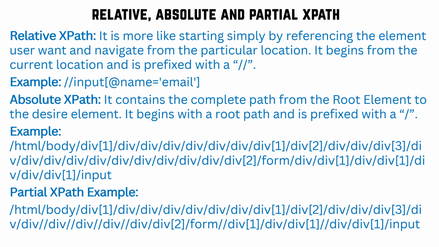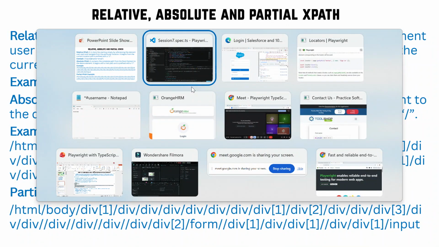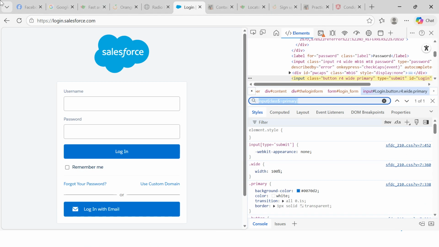So this is called the relative XPath. It is more likely starting simply by referencing the element the user wants and navigating from that particular location. It begins from the current location and is prefixed with a double slash. So say in case you just open anything, a Facebook page,